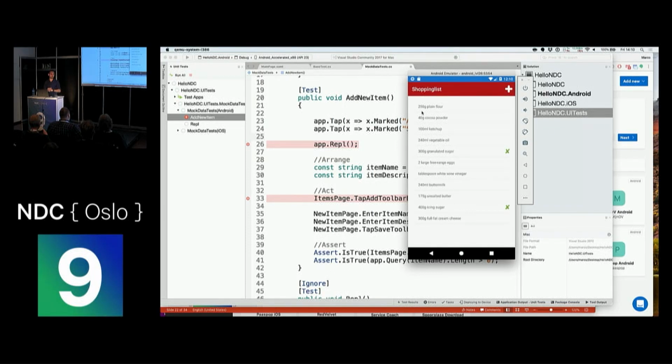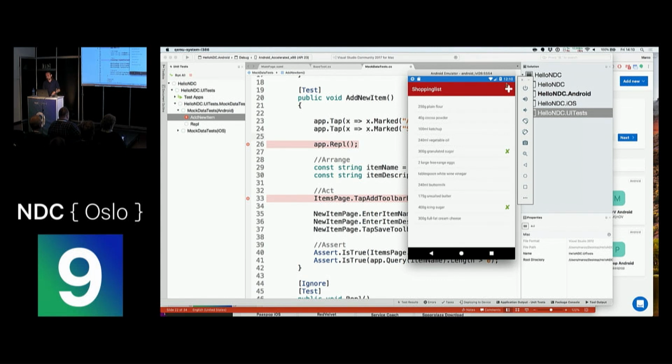The first version of the Red Velvet cake didn't even include the recipe, because Steve was thinking, okay, they first need the ingredients before they can use the recipe. So here we see the sample that they made. It's a very simple shopping list with items on it, and it has a green check mark when the item is already either in your shopping list or you have it at home.